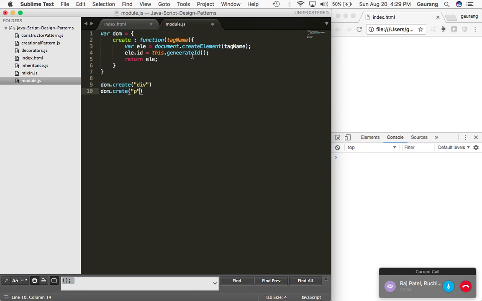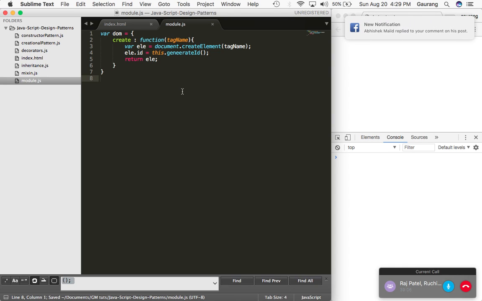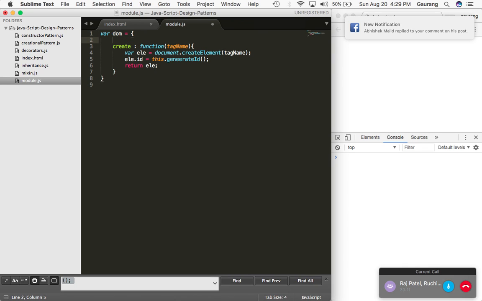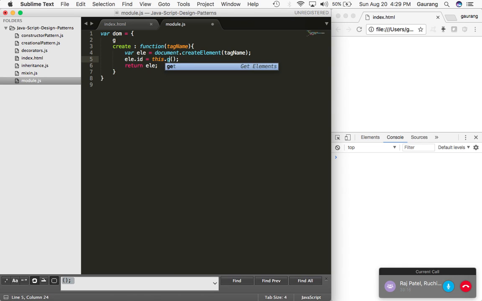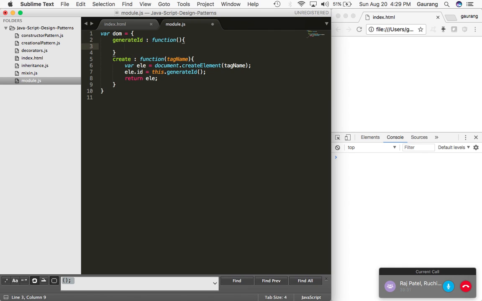This would just create a new JavaScript DOM, and you have to generate a new ID for it, and just return this stuff. So for that, if you can see over here, I am trying to access something called generateId. There is something called generateId for this, and generateId would be nothing but a function,